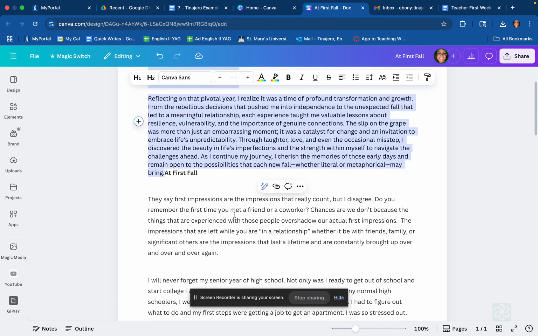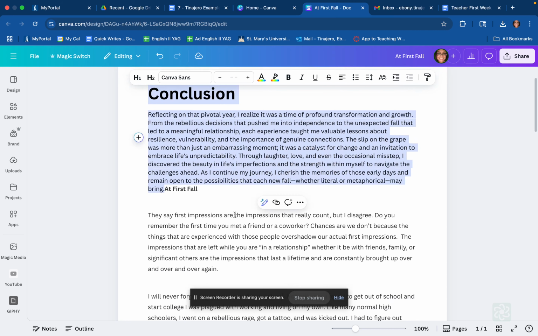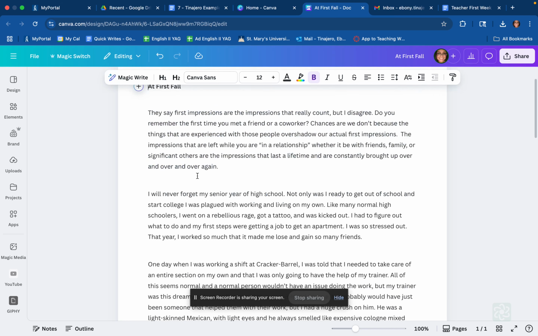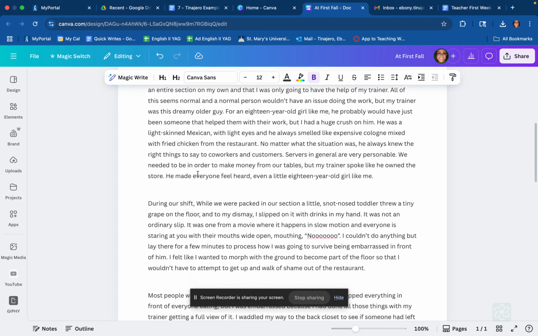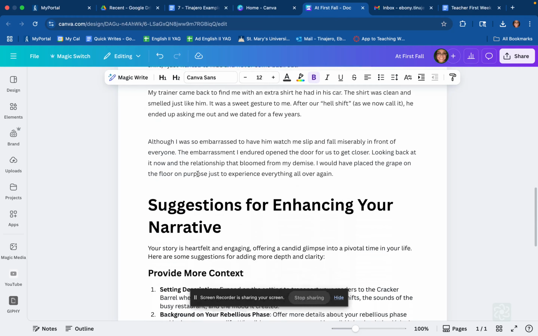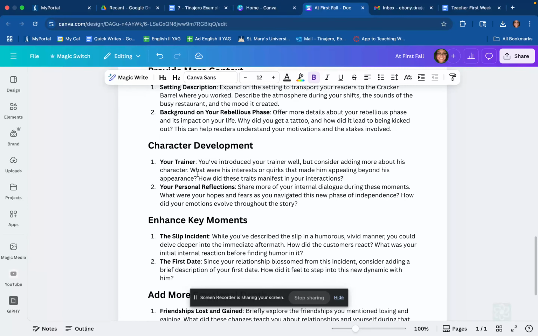And really, you don't even have to insert it. If they're reading it, they'll probably know where they're going to add, and then they can go back and do that either on their paper or on their computer. But yeah, this is Canva magic, right? So if you guys are ever wondering, like, what can I use? I don't want my kids using Snapchat AI, and they can't use their phones anyway this year.